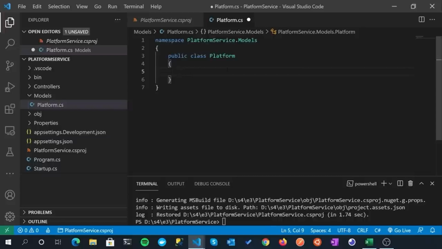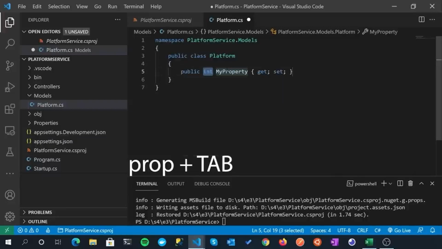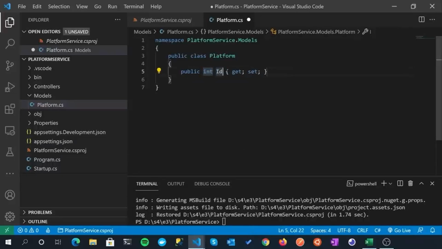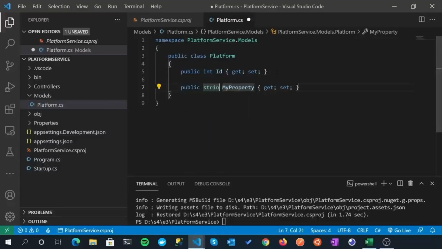To shortcut writing properties, if you type prop and then tab, you can tab through the property that it's created. In this instance, we do want an integer, so tab over, capital Id to give us our model ID, and that will eventually become our primary key down in our database. Next prop, so again prop, tab, this time it's a string, and it's just going to be called Name. I'm only going to do a few properties here. Next property will be another string, and I'm going to call this